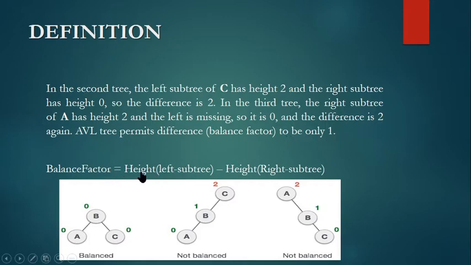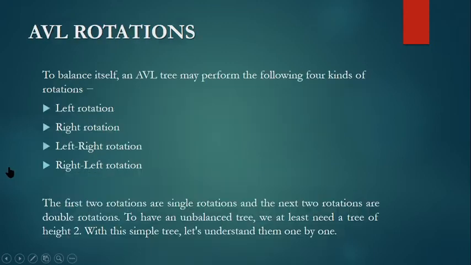That means the height of the left subtree minus the height of the right subtree. Be very careful. We have to take the largest height. Say, for example, below this B, if I have another two nodes, that will be the highest one, the deepest tree structure, and we have to consider that. Instead of going for CBA, I have to go for CB and the other two nodes over here. That will be considered the deepest subtree. We will see that with an example one by one.